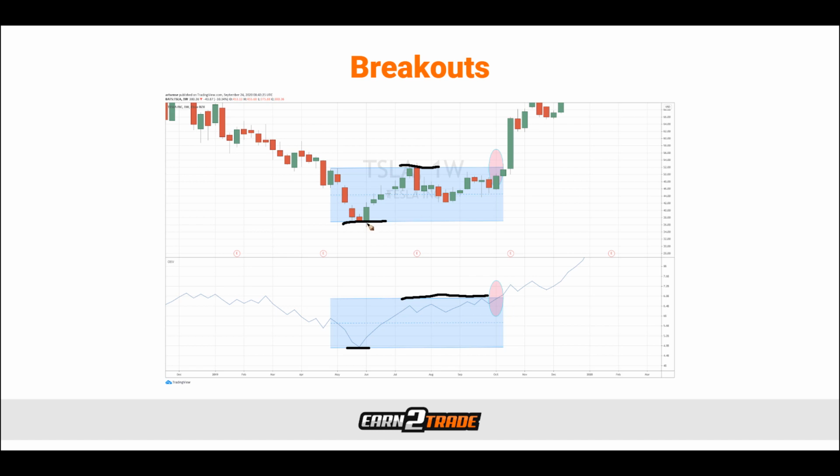The concept here is to pay attention for when price breaks and which direction price breaks. If price breaks out of the top of the OBV box, as you can see in this circle, then we're going to be looking for a buying opportunity most likely, as long as price is also breaking out of its contained zone on the price chart. If we're breaking on the OBV and we're breaking with price,